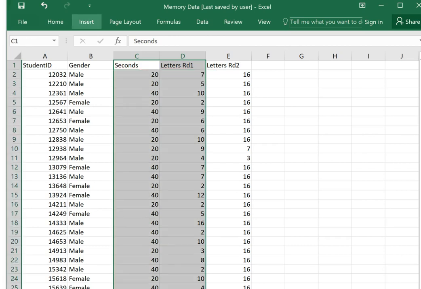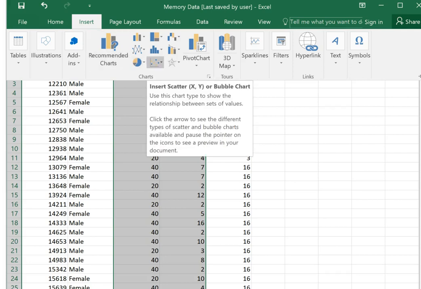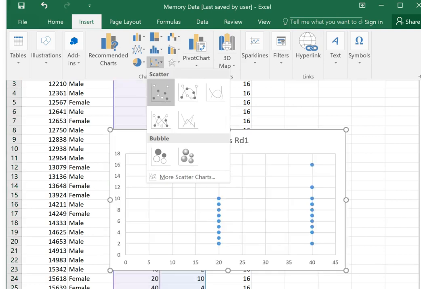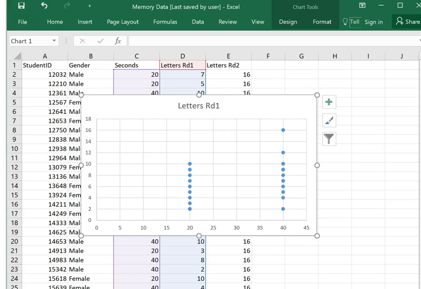All right, so if we highlight those two columns of data, and then under insert, there's this nice little option right here of scatter plot. A scatter plot is useful when we're not looking at a single variable, but we're looking at two different variables with each other. And there's a lot of different options, but just having the very basic,